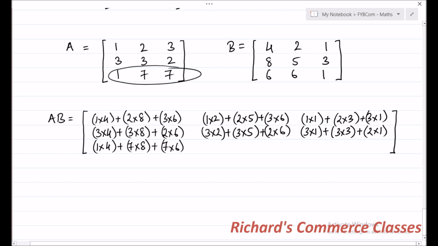The next 1 into 2 plus 7 into 5 plus 7 into 6. And finally the last column, 1 into 1 plus 7 into 3 plus 7 into 1. That's equal to